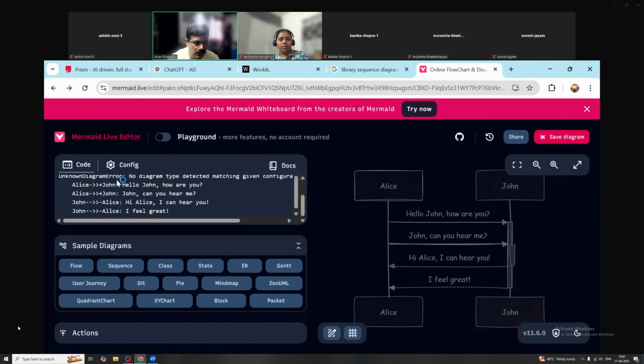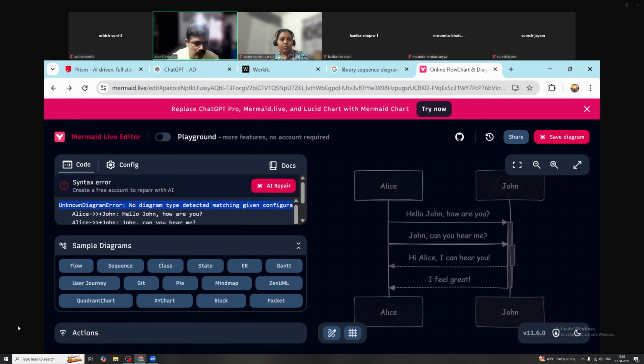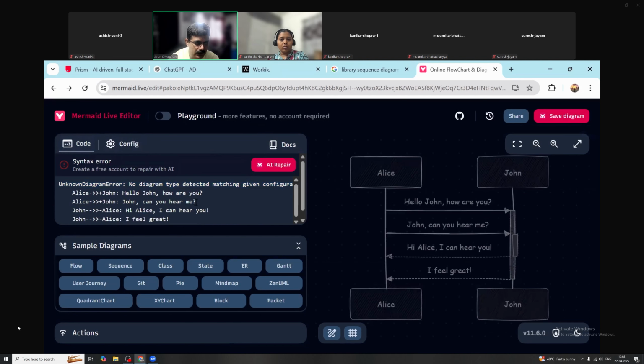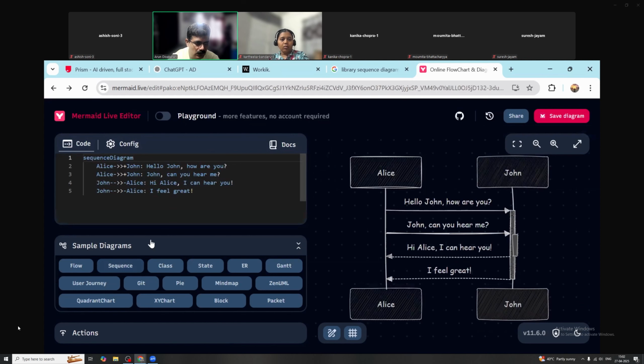I messed up something. Give me one moment. I think I mistakenly typed something because it's showing the error. Yeah, sorry. So you have to type something like sequence diagram, and I change it like Alice means